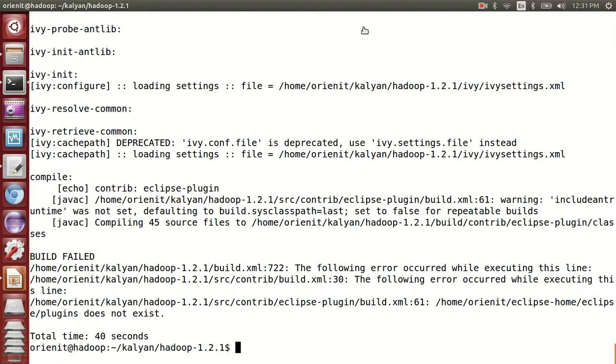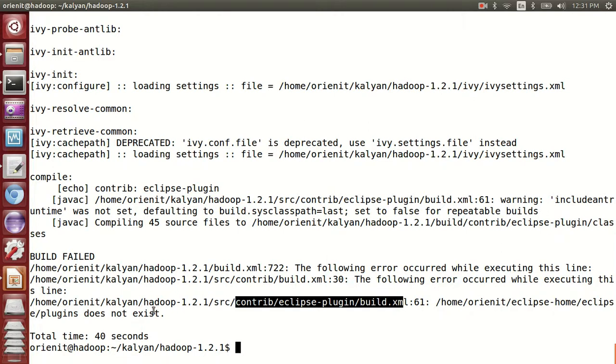Okay, so right now it is showing "Eclipse home, Eclipse plugins does not exist." It's giving some wrong message. Let's verify in this file what is missing.